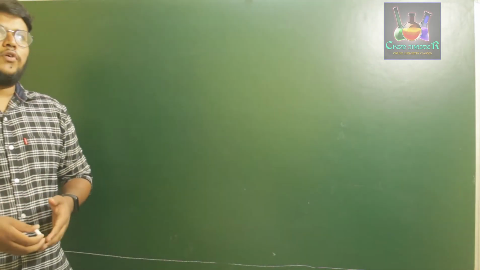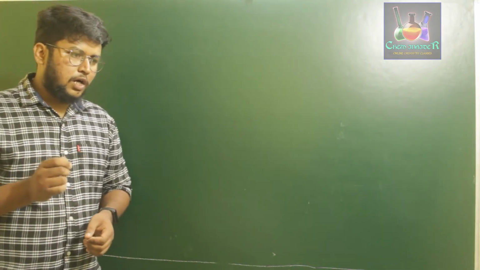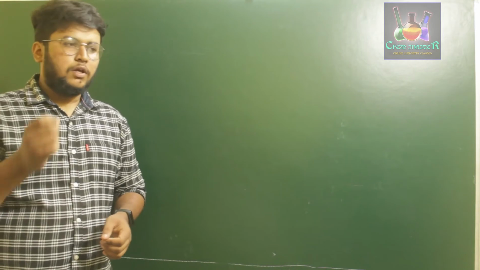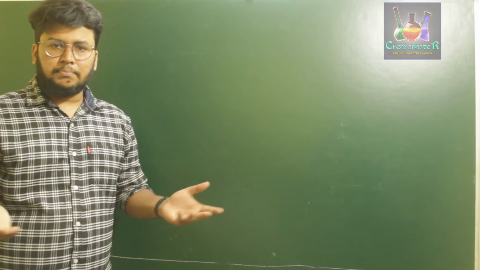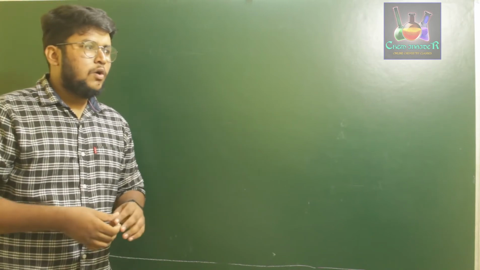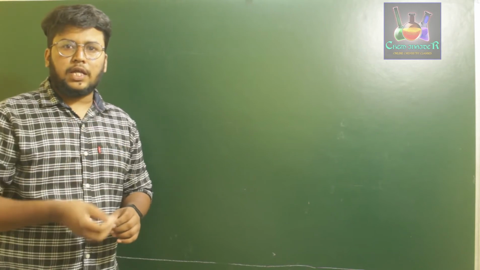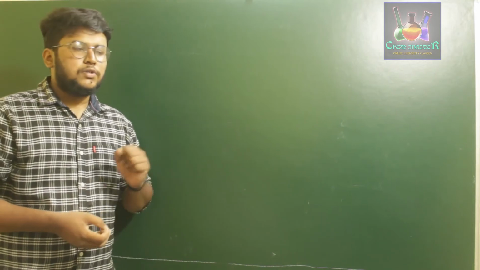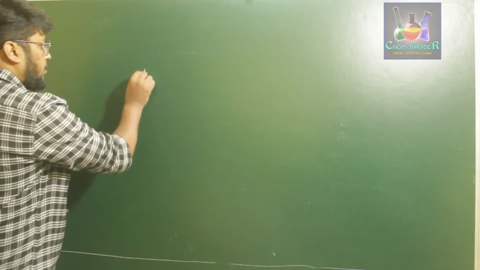Now let us consider the formation of cations. Whenever a cation has to be formed, an atom has to lose an electron. For an atom to lose an electron, it's not just a simple process. What it has to undergo is, we have to provide some amount of energy to that atom in order to lose that particular electron. Now let us consider an example of sodium.